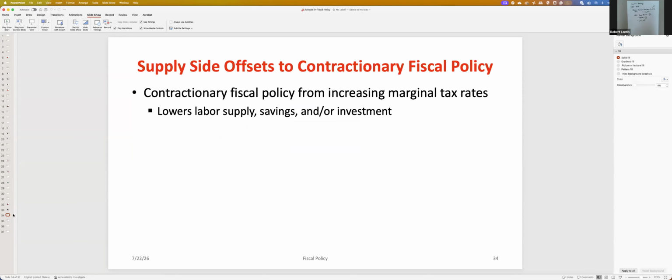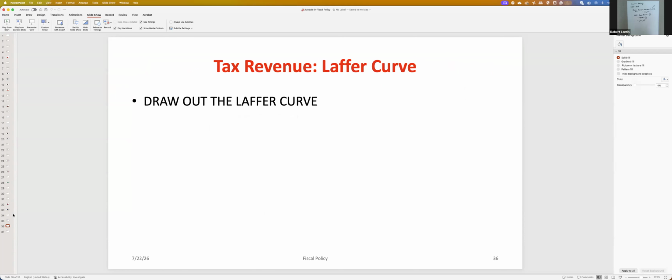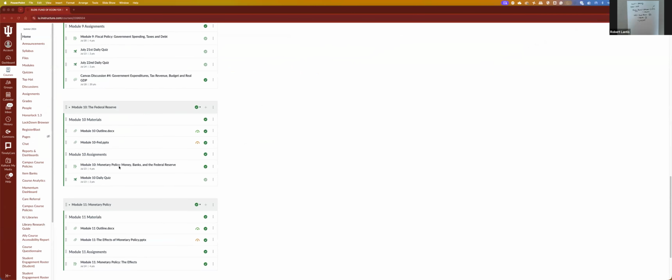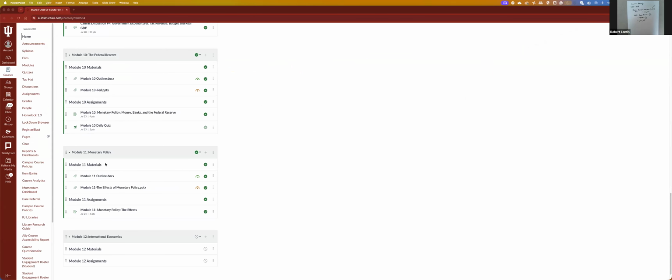So I might draw out another example of changes in long run aggregate supply. I went through a couple different examples here, but I'll show you just to revisit it, to start off class tomorrow. And then we'll talk about tax revenues and the optimal tax to set. We talked about these offsetting effects of changing taxes, because changing taxes changes long run aggregate supply. So what is the optimal amount of taxes? This will probably take us the first 10 minutes of class to review where we left off and then review this idea of optimal tax revenue. We will then jump into Module 11 material. Okay. So we're going to focus now not on fiscal policy, but on monetary policy.